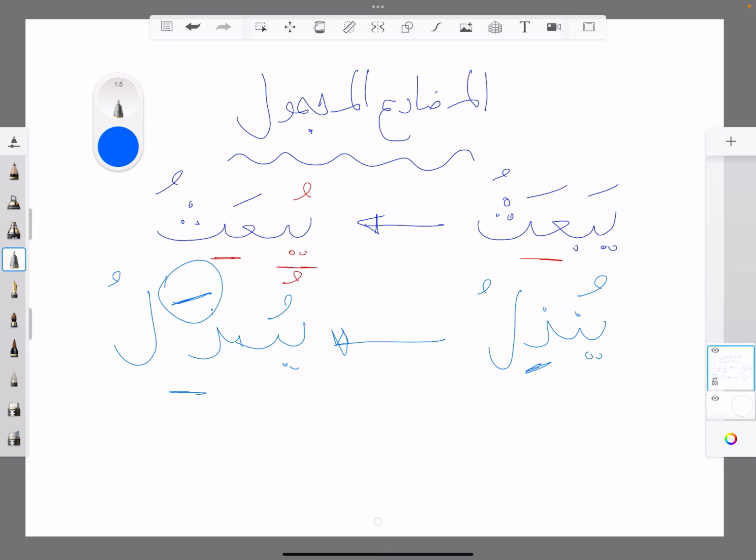Alright? The next one, I'm not going to write it. Yastaghfiru. Istaghfara, which is a madi. I know this because I've been reading it so many times over the years. Istaghfara is the madi. Yastaghfiru is the mudari. How would you change it into majhul? Yustaghfaru. Khalas, tamam. That's all you need to do. Simple as that. And the more practice, I'll write it down because it's always a disclaimer that I can put: